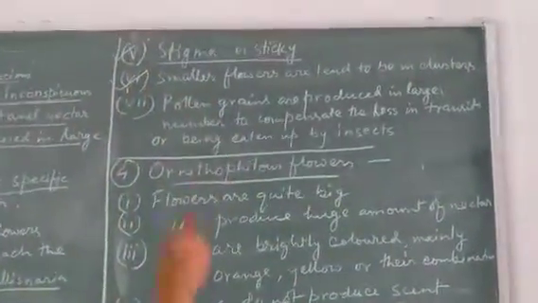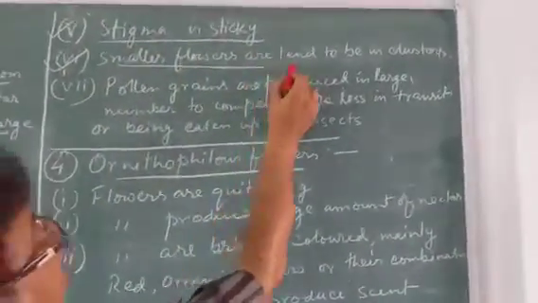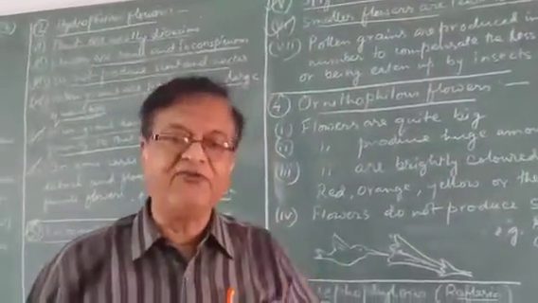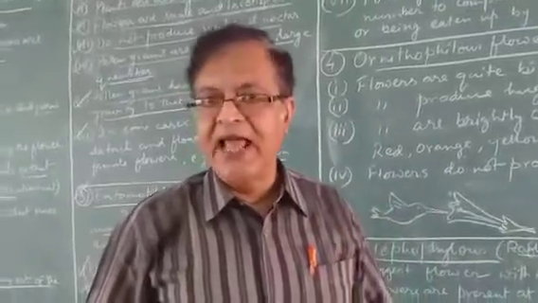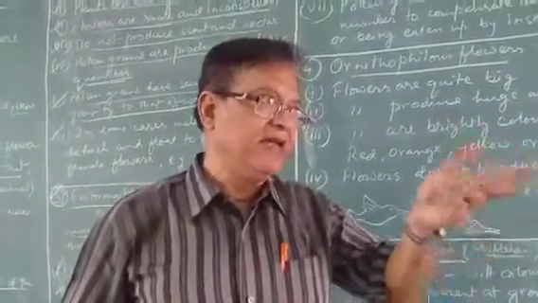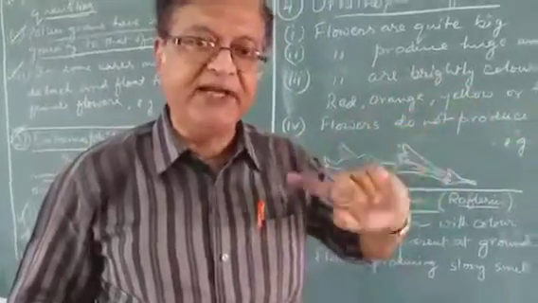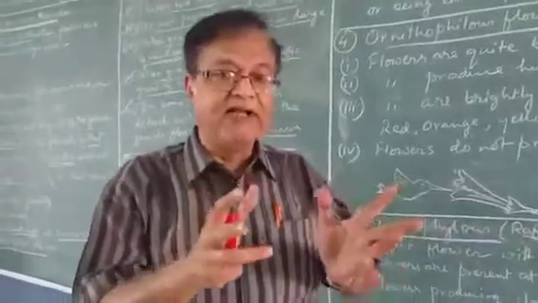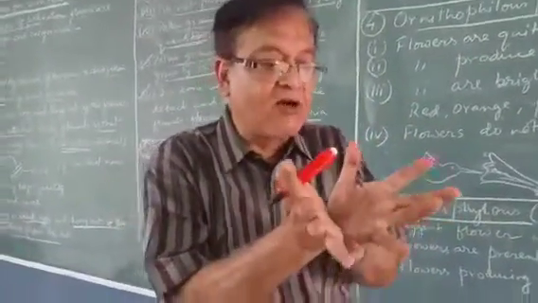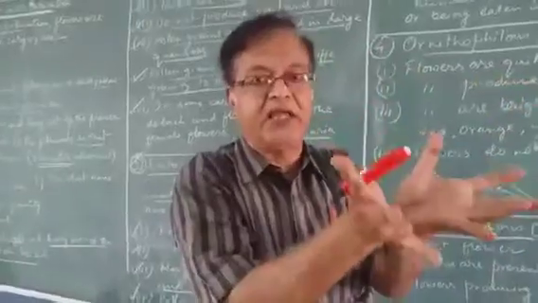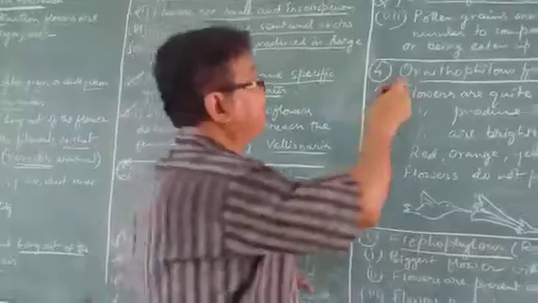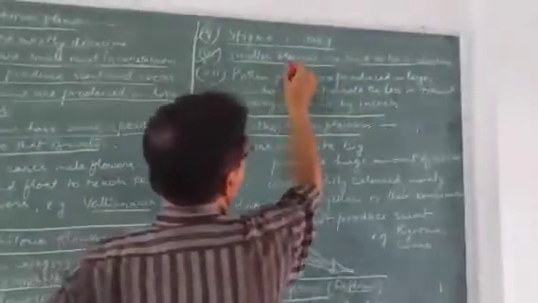Number 6 point is, smaller flowers tend to be in clusters. Some flowers in nature are colorful but small in size, and individually they lack visibility compared with the bigger flowers. They have solved it in a way that the smaller flowers always grow together in the form of a bouquet, so that they are visible from a far distance. So when the flowers are small, they tend to remain in clusters.